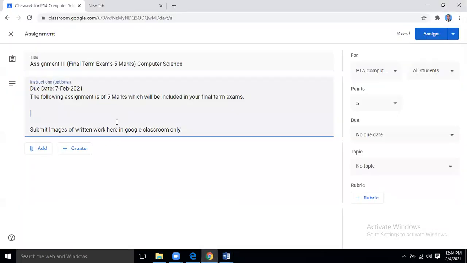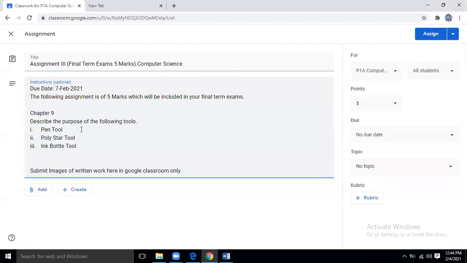Again, some tools are there about which you have to write a description and describe the purpose of the following tools. You have already used these tools, nothing special is there that you don't know. Pen tool, polystar tool, ink bottle tool, and these tools we have taken from chapter number 9. I need the written answer on a paper.